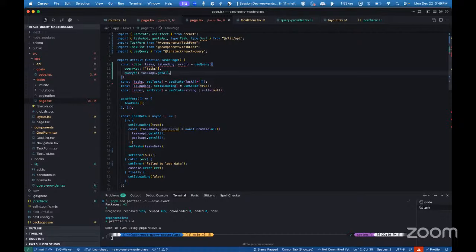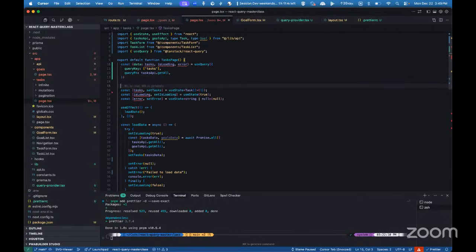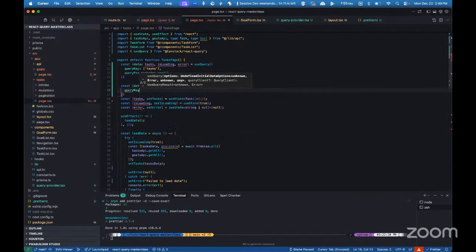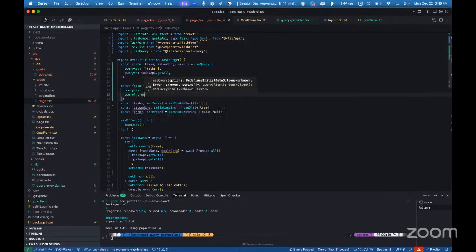We don't call this, we just provide it. Then we also need goals, so we just say data as goals. Let's keep the isLoading and error for goals for now, is equal to use query, and then just queryKey with goals and queryFn with goalsAPI.getAll. Okay,